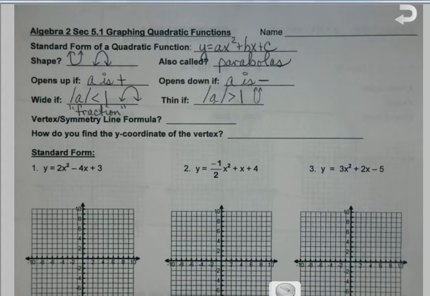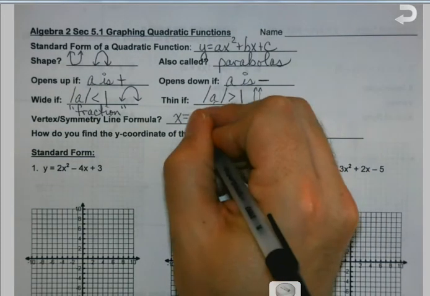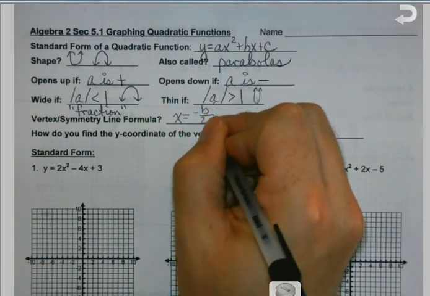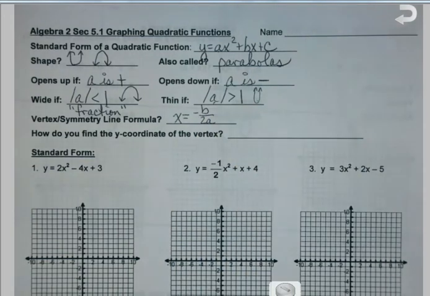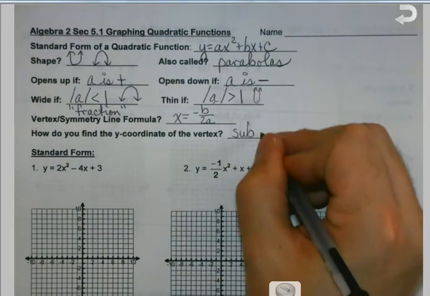And then we have a formula for finding our midpoint, or the center of our graph. And that formula is x equals -b over 2a. And that allows me to find the x value of my vertex, of the center point of my graph. But you're like, well, wait a minute, if it's a point on a graph, don't they have to be x, y? They do. So to find the y value, we're going to substitute